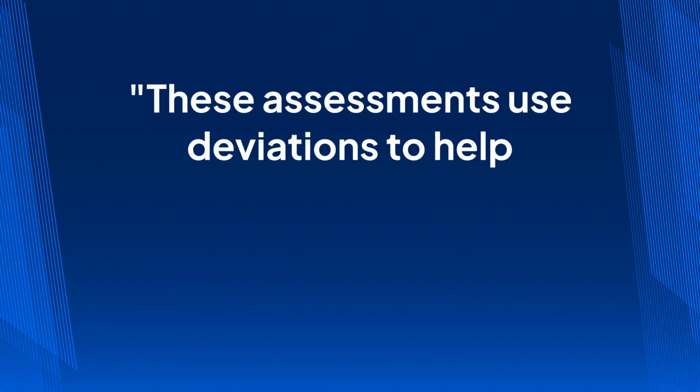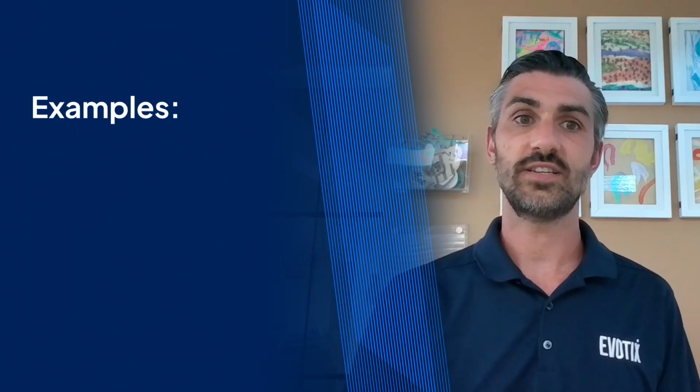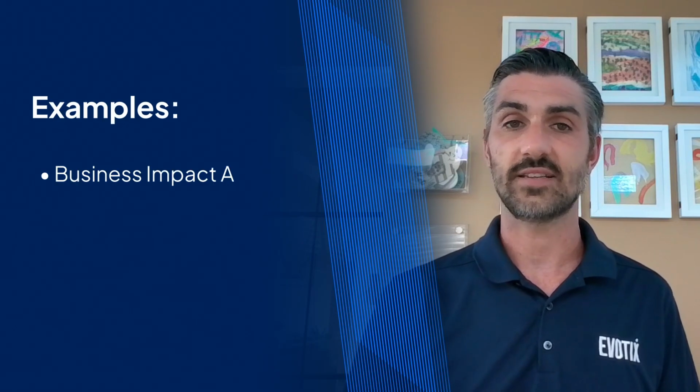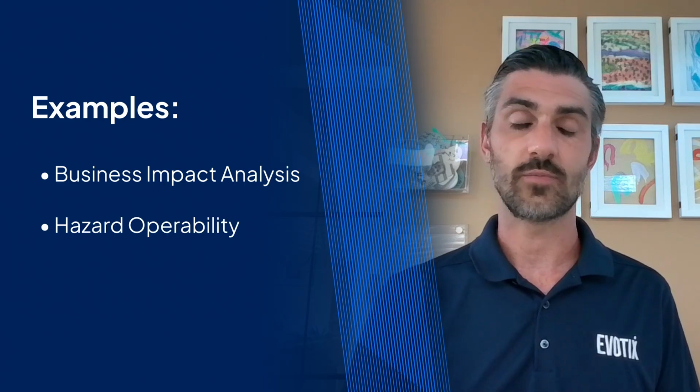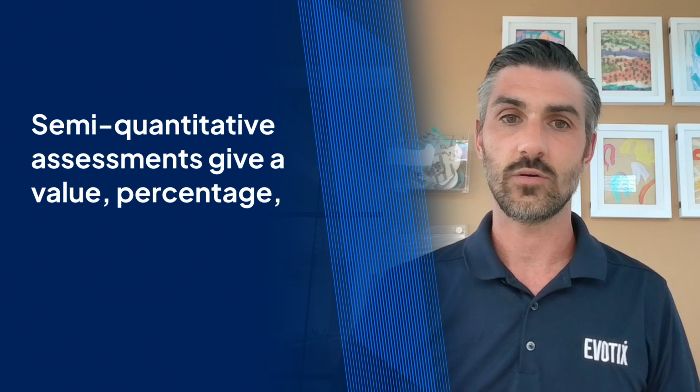The second type is a semi-quantitative risk assessment. These assessments use deviations to help practitioners make a calculated decision about a given risk. Two good examples of this are a business impact analysis and a hazard operability study. Unlike qualitative risk assessments, which assign a subjective rating or score to a risk, semi-quantitative assessments give a value, percentage,